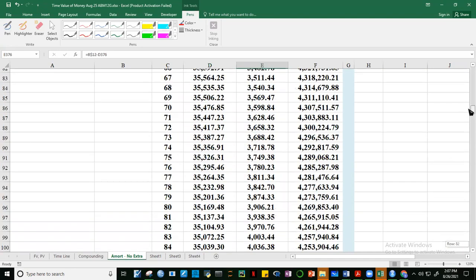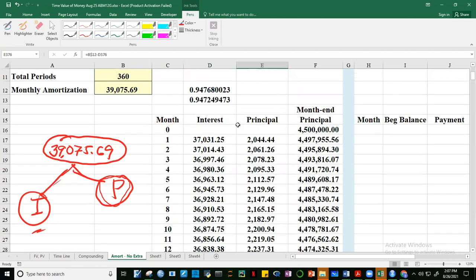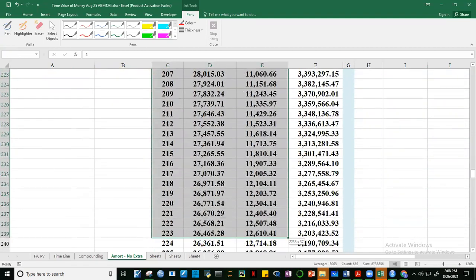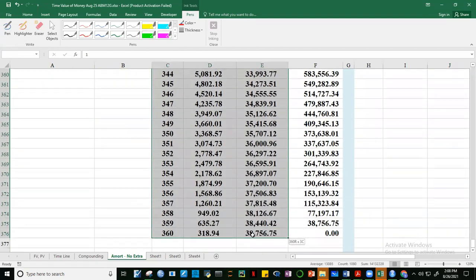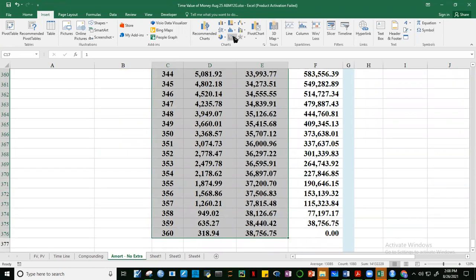So over time guys, lumiliit yung interest natin. Okay? Bumababa siya. Okay? Tapos ito naman, lumalaki. In fact, you can, okay, pwede natin i-plot. Okay. Insert. Okay, tingnan natin kung